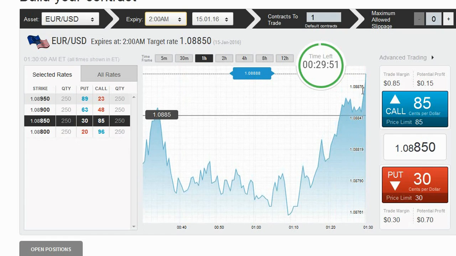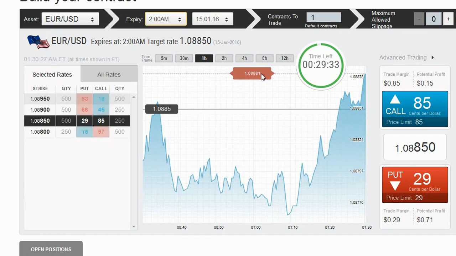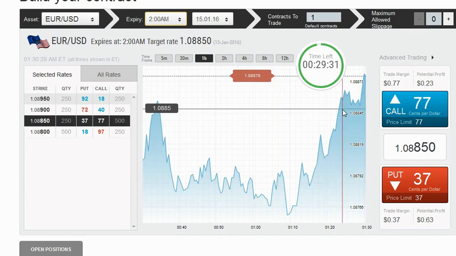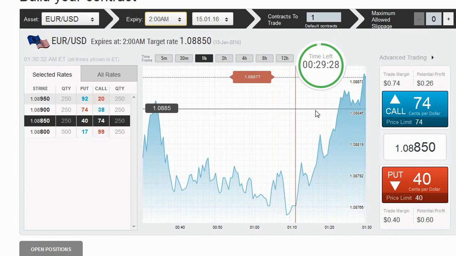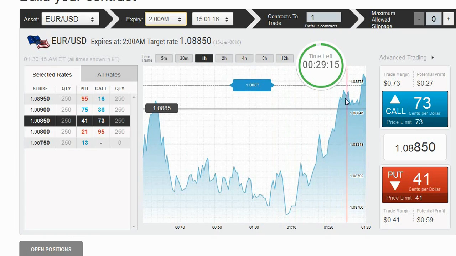But I'm also looking at this chart. Why am I looking at this chart? Because the numbers that the exchange is accepting is the underlying price. That's the number that matters as far as my contract. So I'm going to pay attention as well to this chart. I'm going to learn whether I like it or I don't like it. I'm going to follow the wisdom of Ric Flair and learn to live with it, because I need to see